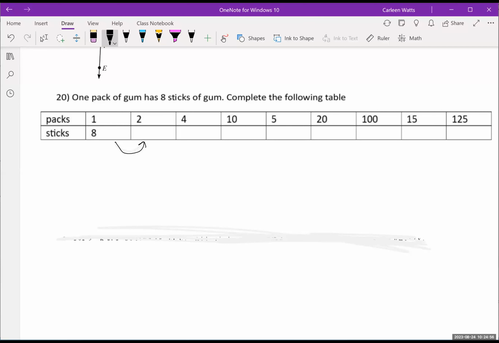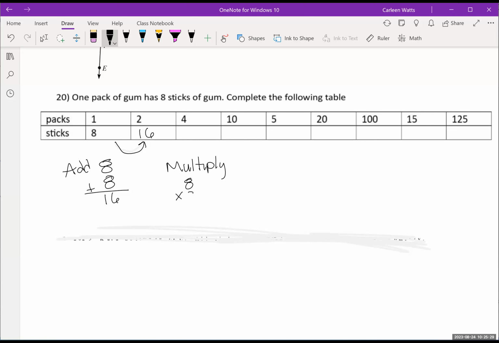Not 18, right? Okay. If 1 pack of gum has 8 sticks, 2 packs of gum are going to have 16 sticks. So I could either add 8 plus 8 or multiply